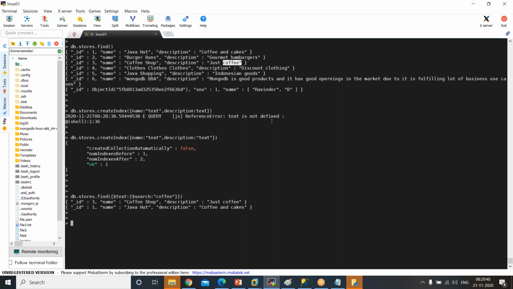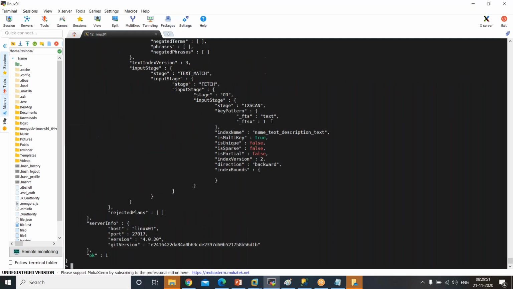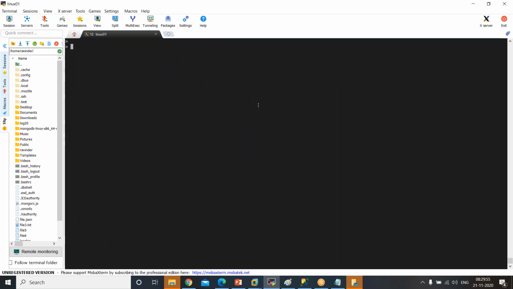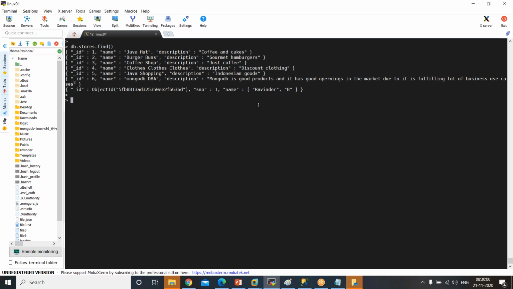If you do this, two are coming out, and if you go with the explain also, no, I'll ask one more thing. That will be the end of the story on this one. So it is an index scan, good enough, right? That is what we always intended. Store start find. Right. I'll ask one more thing. Last one. Instead of coffee,